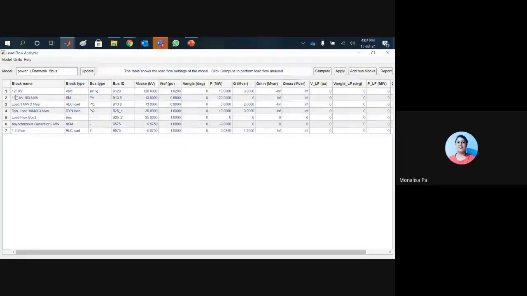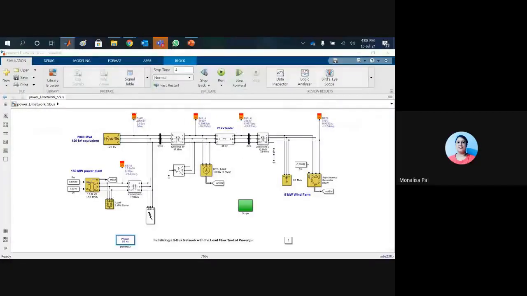What does this table have? Different block names, block types. As I mentioned, there are PQ-RLC loads, dynamic loads, Z-RLC load, Z type, and shunt parameters. Also you notice there is one particular line that has 0 reactive and active power. What does this load flow bus 3 line mean, and why is there a load attached to this particular line? You notice over here there are different